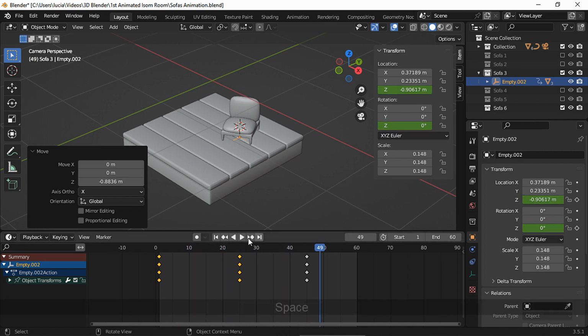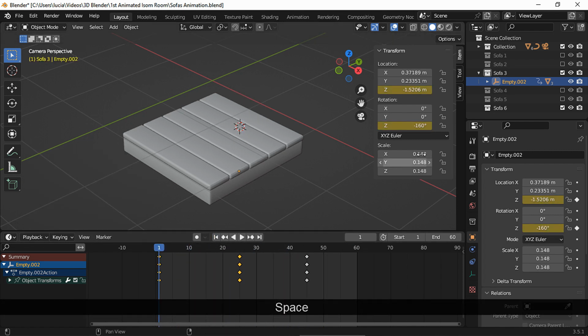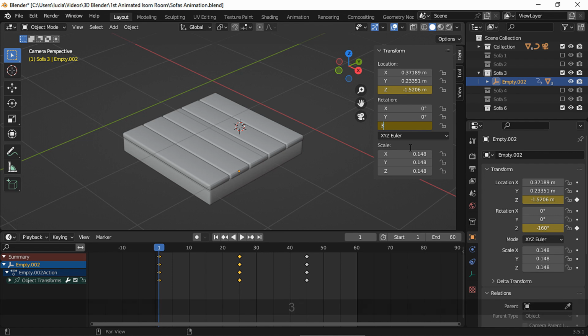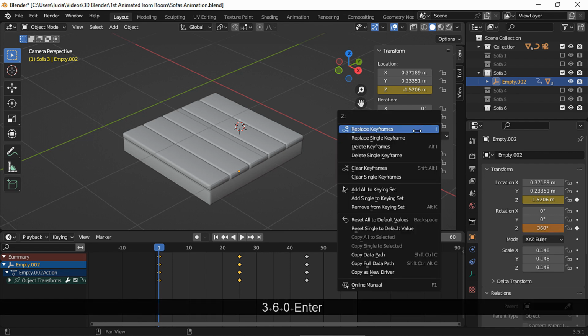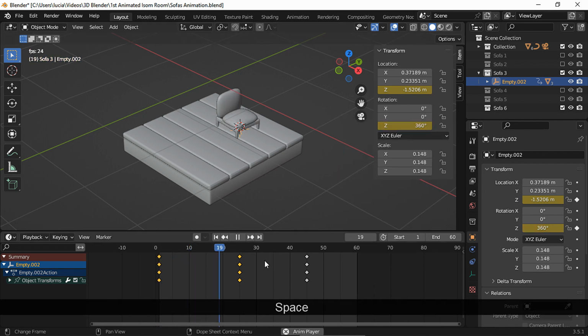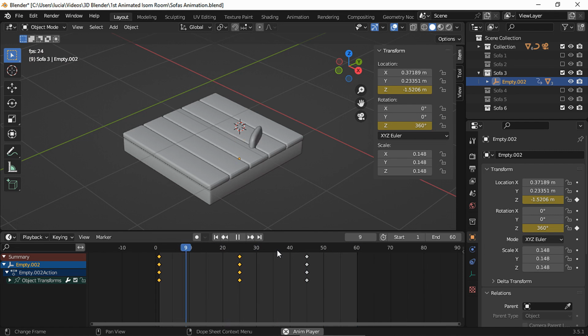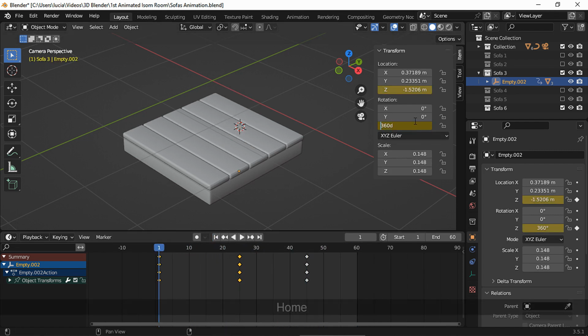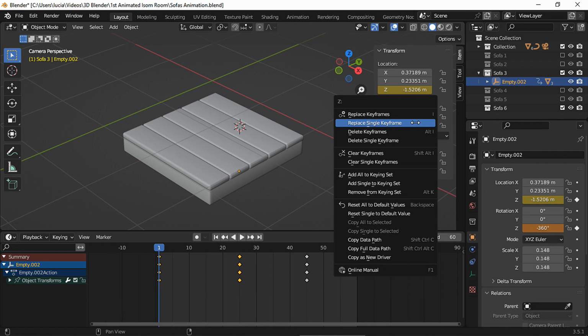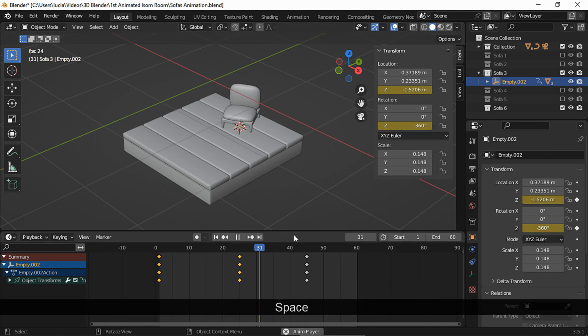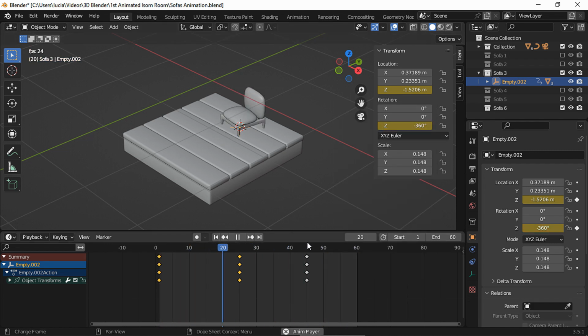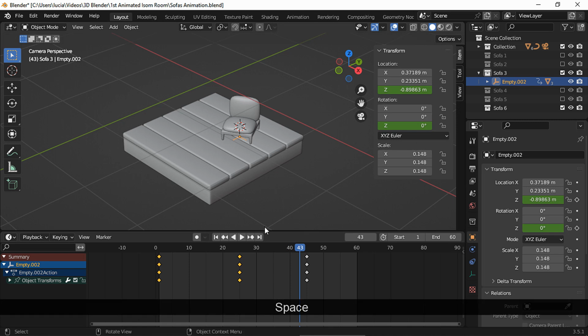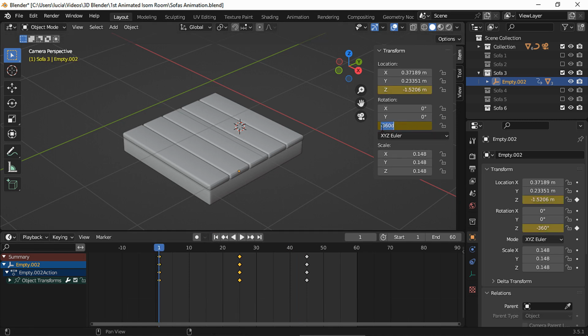We could add some changes, like for example changing the rotation to 360 degrees. Let's replace this keyframe and see how now the sofa swerves all the way. We could even change it to minus 360 degrees and now the sofa swerves to the opposite side. I'm gonna set it back to minus 160 though.